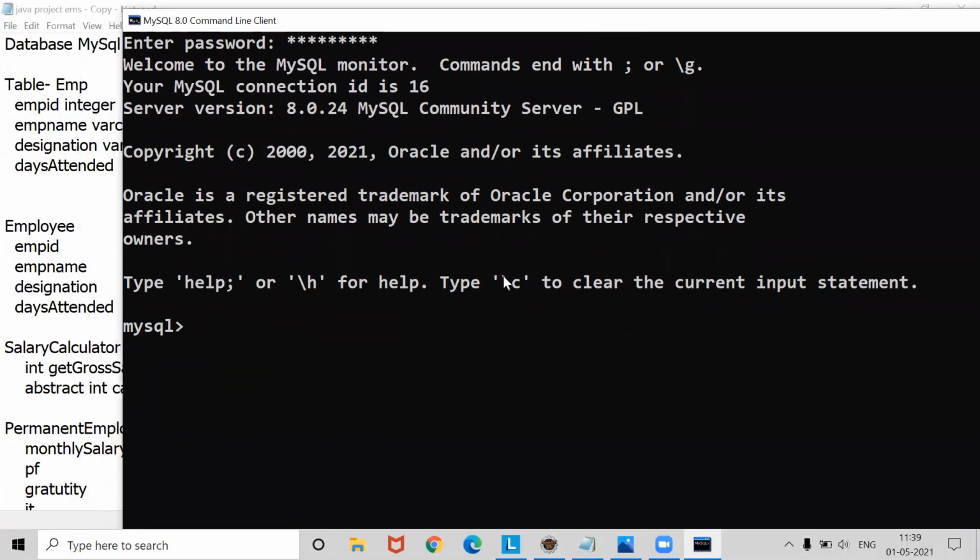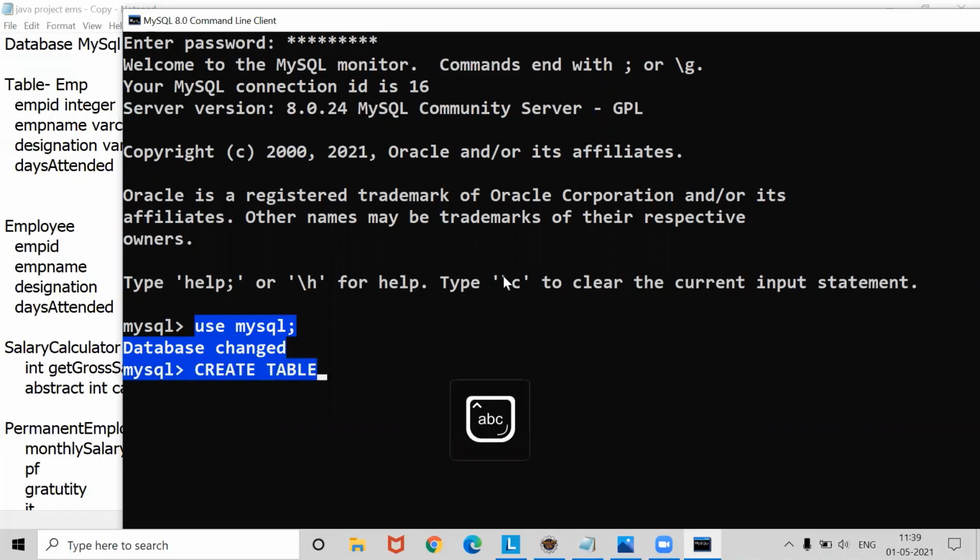Now, first of all, let me open the database. Use MySQL. This is the MySQL database I'm opening. Now I want to create the table. Create table employee, and inside this table I'm creating an employee ID, which is integer. Let's say this is primary key,